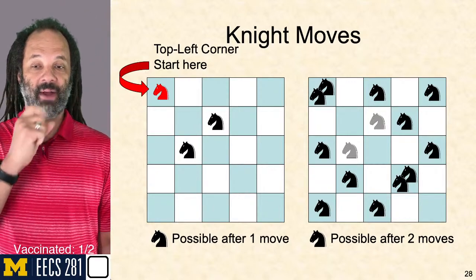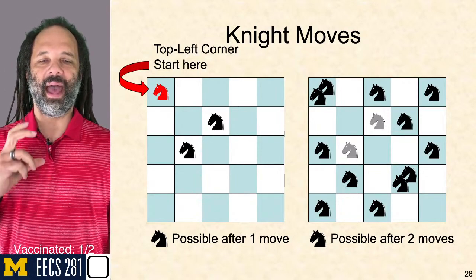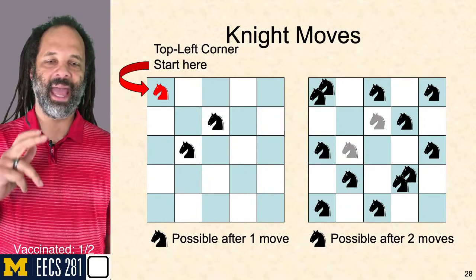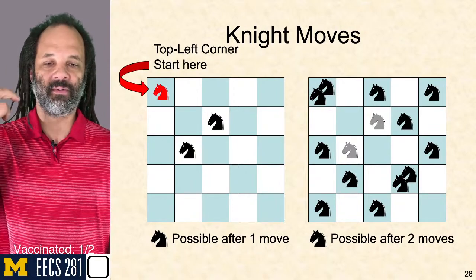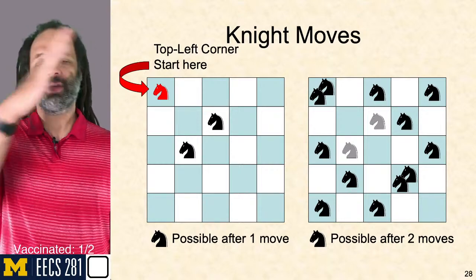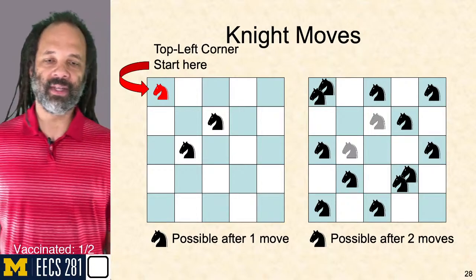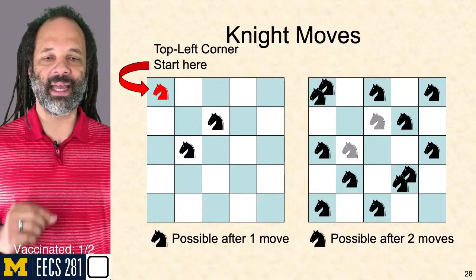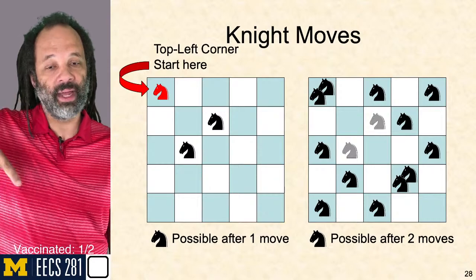On the second frame over there, you see that those 2 places that could be after 1 move, that's in the 3rd row, 2nd column, and 2nd row, 3rd column. Those are the 2 places where the knight can be after starting in the 1st row, 1st column. Those are the grayed out positions because they can each reach the other black locations that are all 1 knight's move away from the gray areas. And you see in the top location in 1-1, there's 2 knight's heads there because there's 2 ways to get there. I can start at the beginning and go through the gray knight in row 3, column 2, and then return,